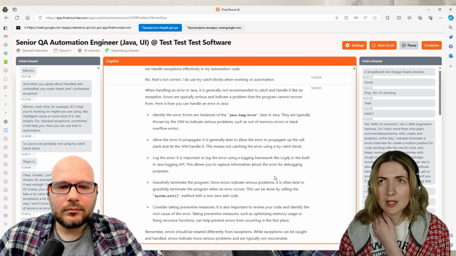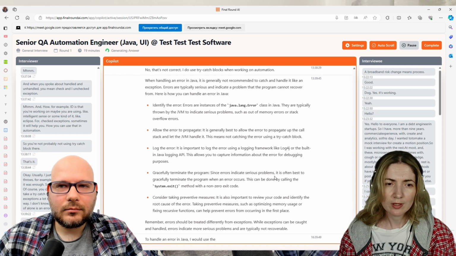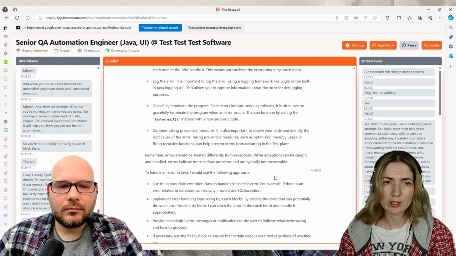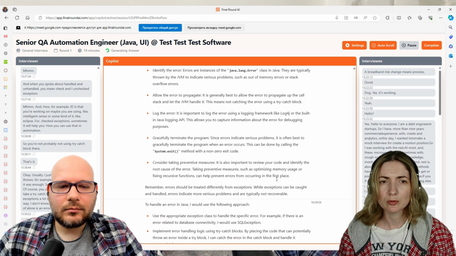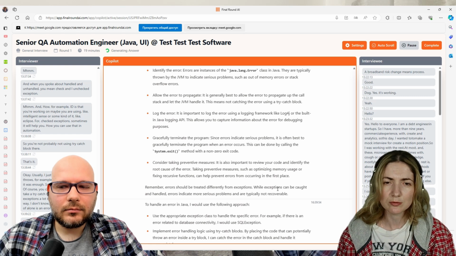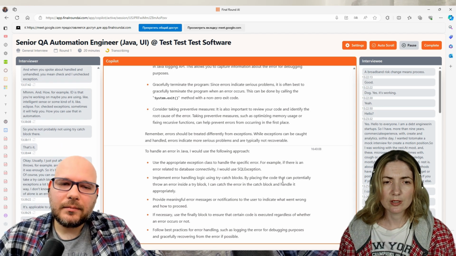Maybe log the error for development, to see your error in the log. Maybe terminate the program when you have this error. Can you handle the error with a try-catch block? I don't think so.